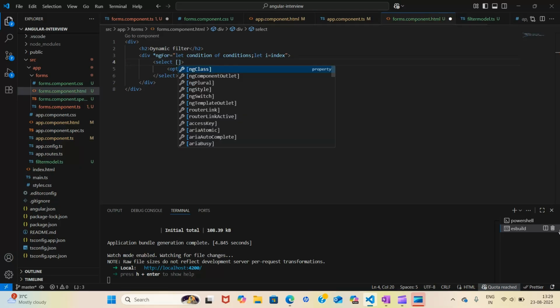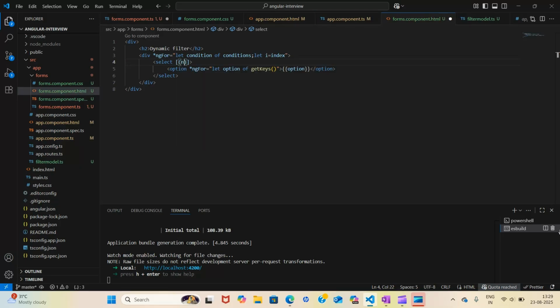Now I want what is selected to get updated in my array also. So I will use ngModel. In my select, whatever option is selected should be updated with condition.field.